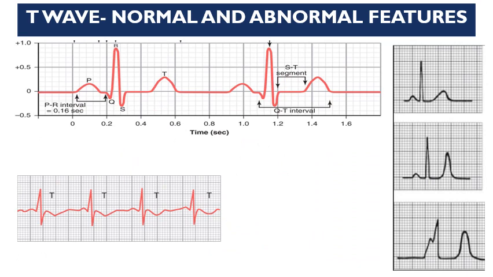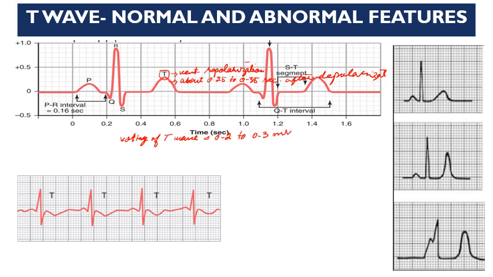The T wave represents ventricular repolarization, and the ventricles repolarize about 0.25 to 0.35 seconds after depolarization. The voltage of the T wave is about 0.2 to 0.3 millivolts,